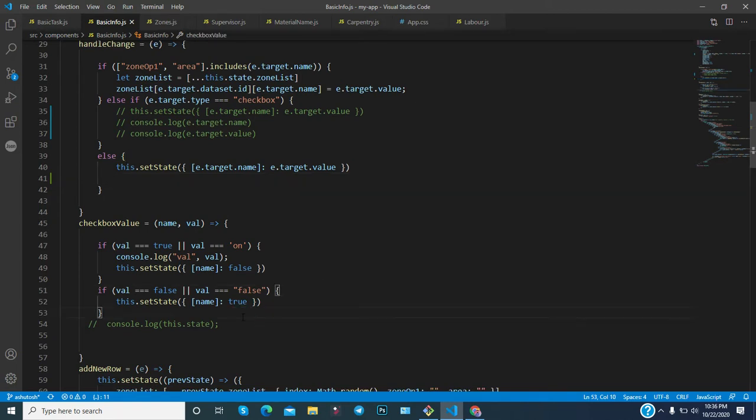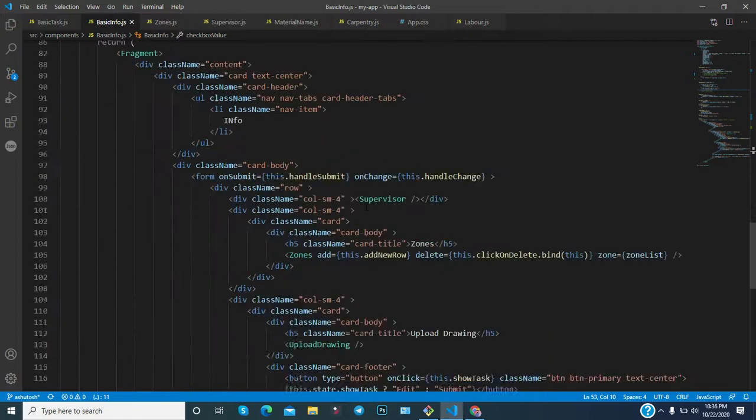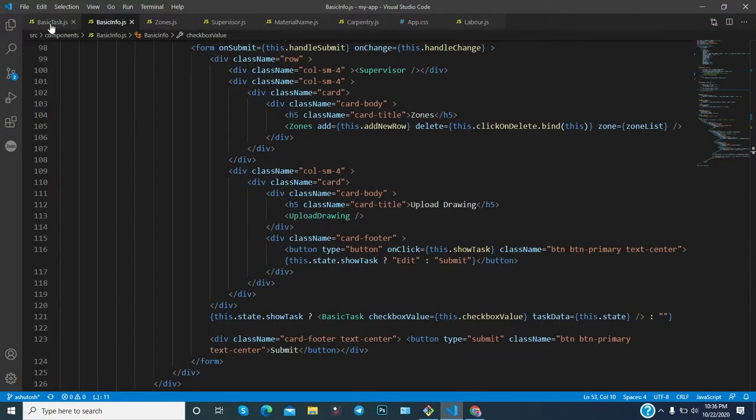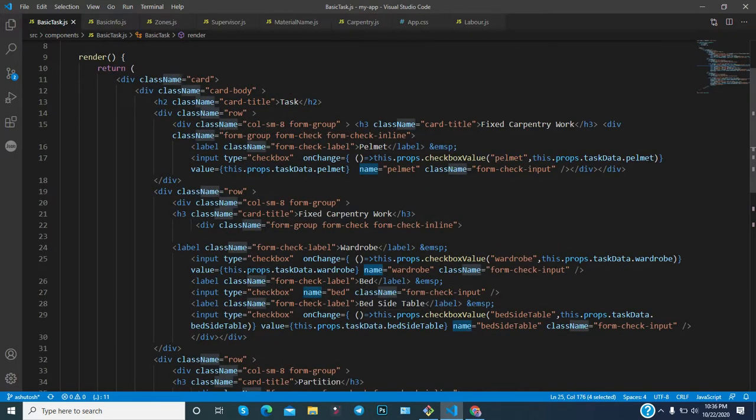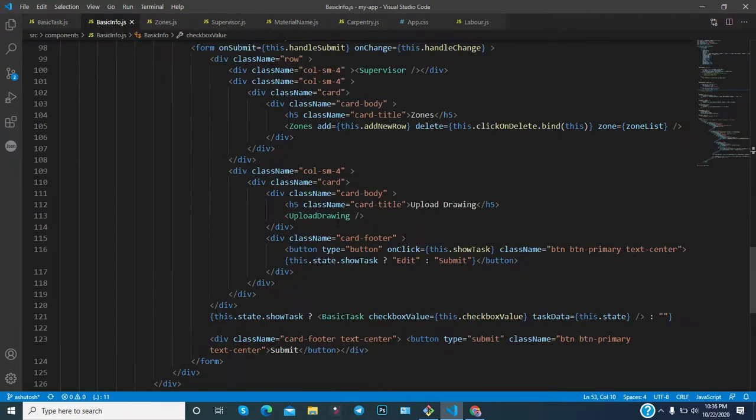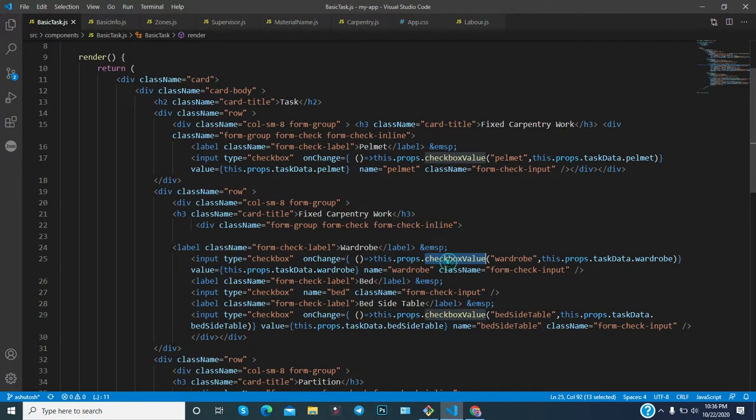The solution is that, as you notice in each onChange method, we call one method. This method is utilized from the props, because we have used props here. The prop name is something like checkboxValue, and it calls a method when a click event occurs.